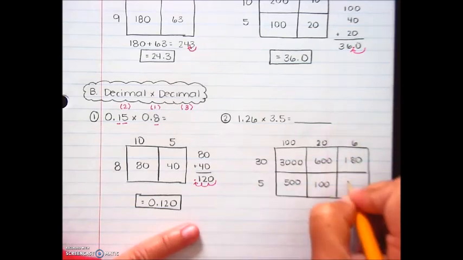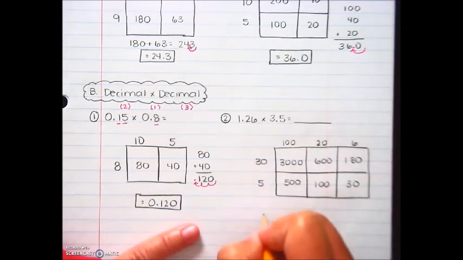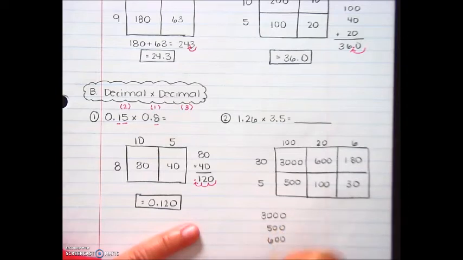And finally, 6 times 5 is 30. So I'll add together 3,000, 500, 600, 100,